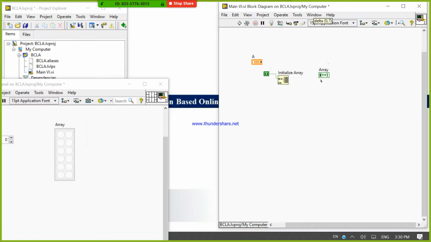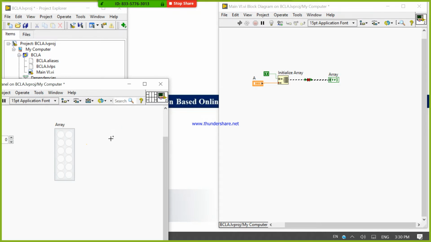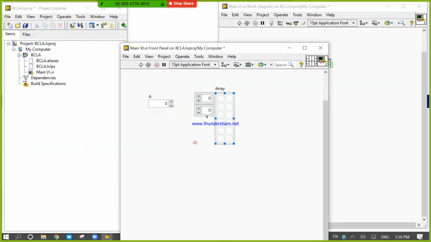Now connect like this and make a connection like this. Sorry, right click. Now we need only a 1D array.